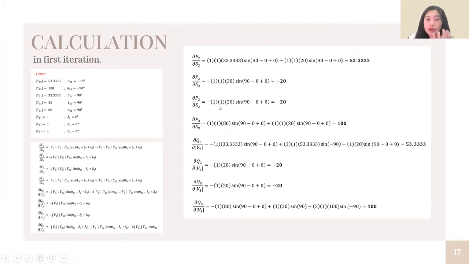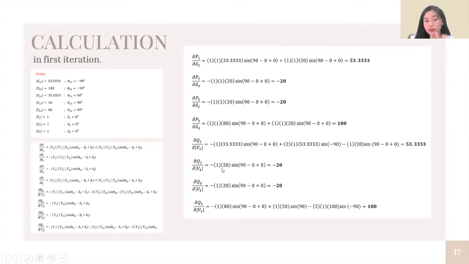Then as for our third one is negative 1 times 1 times 20 sine 90, it's also as well negative 20. 1 times 1 times 80 sine 90 minus 0 plus 0 plus 1 times 20 sine 90 is equivalent to 100. As for this one is negative 1 times 33.333 sine 90 plus 2 times 1 times 53.333 sine negative 90 minus 1 times 20 sine 90 is equals to